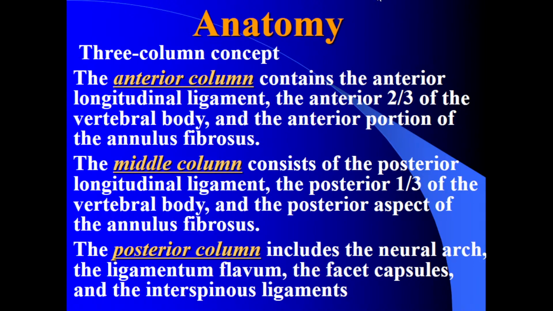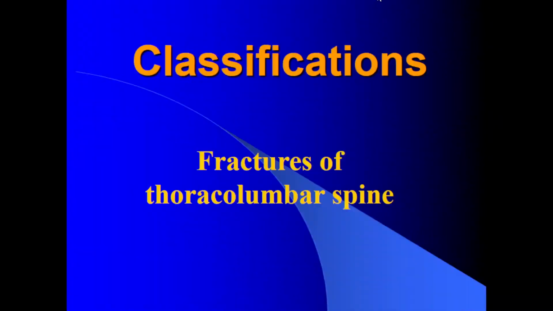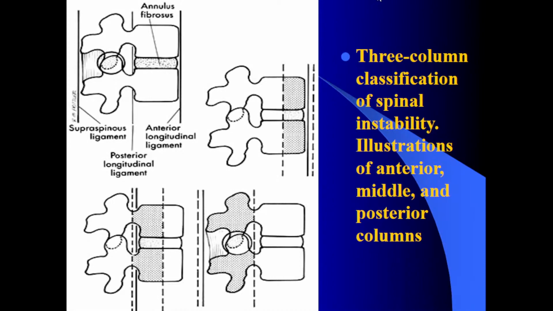And I want to start from the most popular supporting elements concept at present time. I want to start from the Dennis three columns theory. In that theory, as you can see, we have three supporting columns: anterior, middle, and posterior. Right here on that slide, you can see the anterior column. It is located right here, and the anterior column